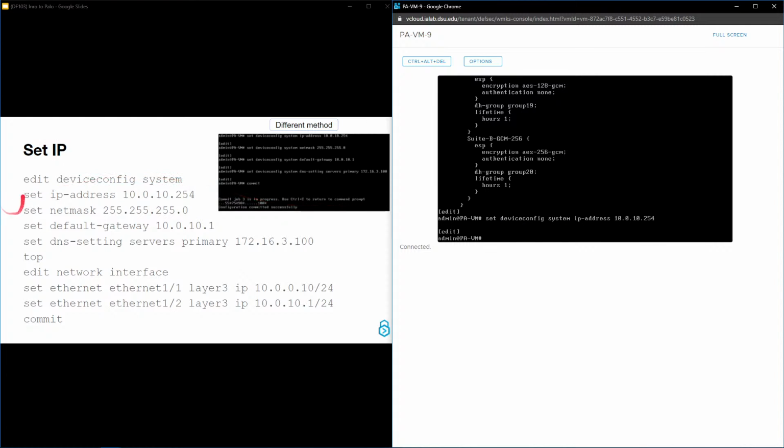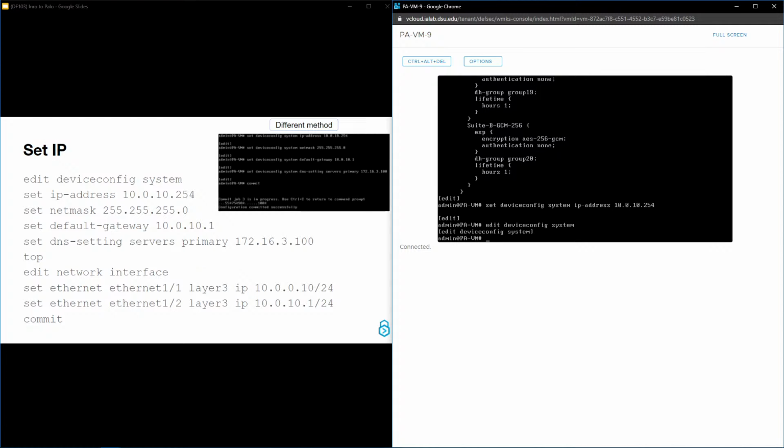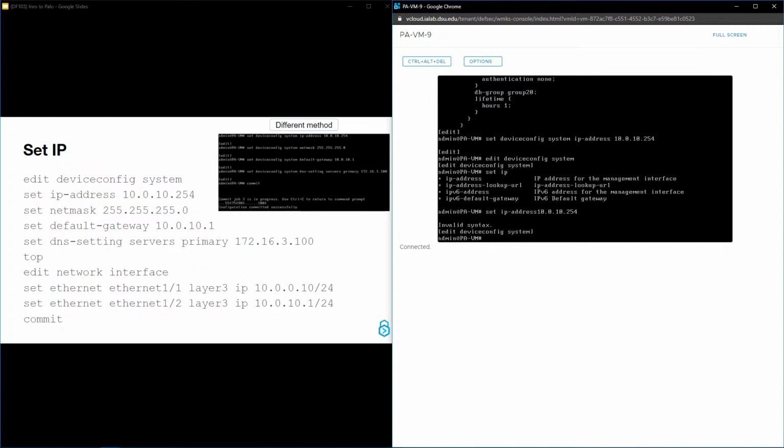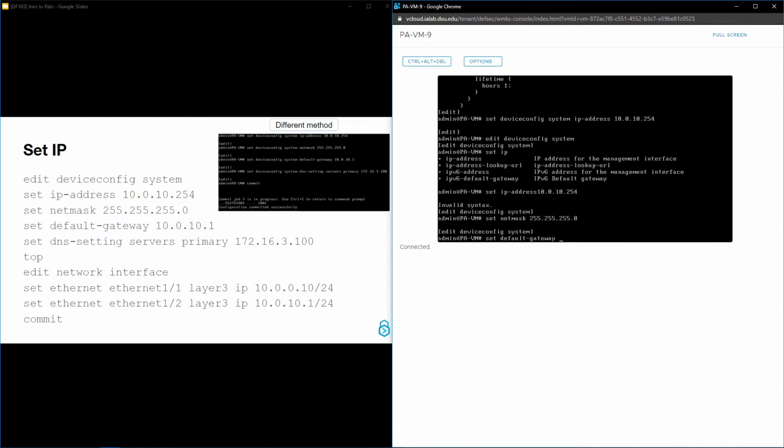But we have a bunch of commands here that are editing that device config system. So instead of doing that whole long command, you can just do edit device config system. And now you're in that directory almost in the config. So then you can just use set IP address 10.0.10.254. Equivalent commands. But this one's a little bit less to type if you have a lot of stuff to do. So we're going to set our net mask to 255.255.255.0. We're going to set default gateway to 10.0.10.1